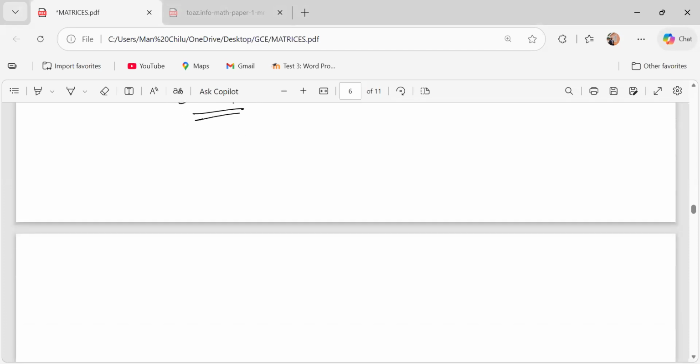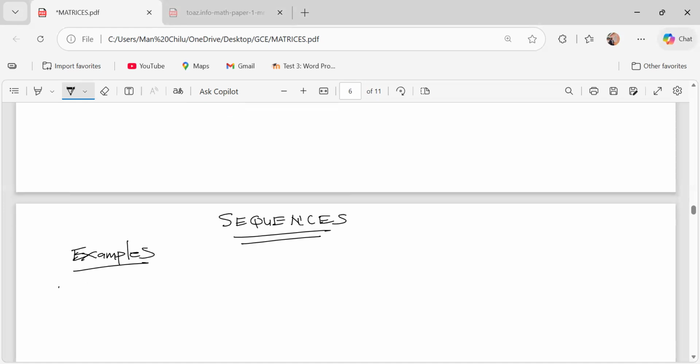So we are looking at now, going to look at the sequences. So let's look at examples. Example one,